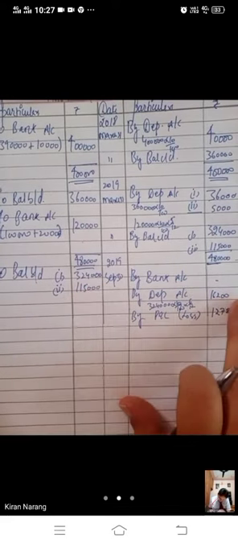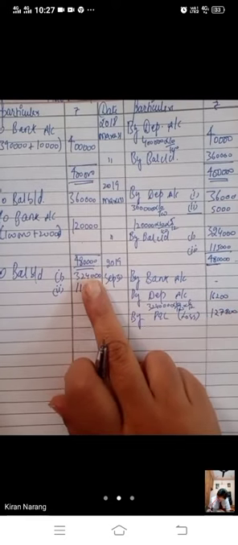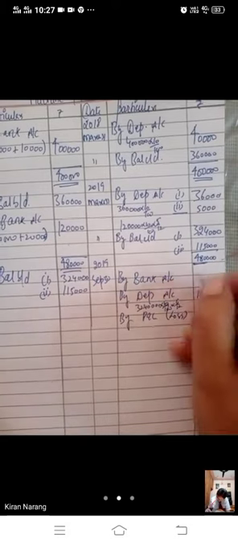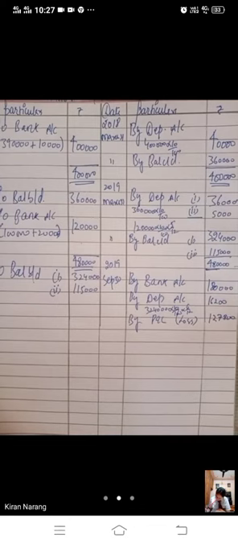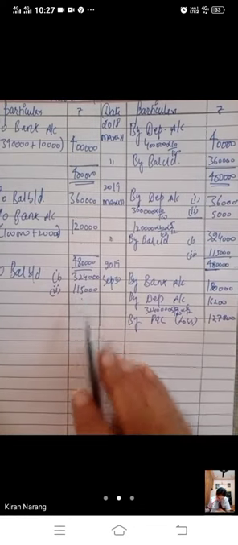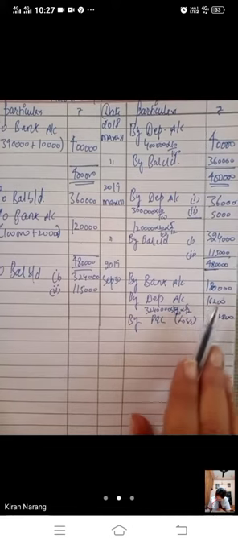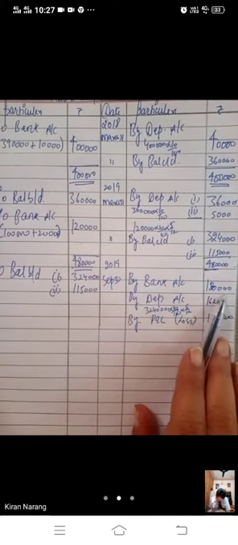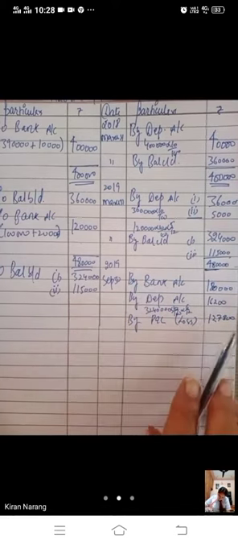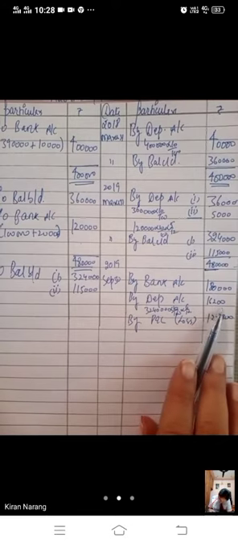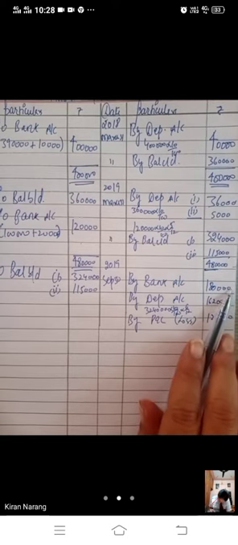From this value we will subtract these two items. These two values will be subtracted from the value of the asset. So we will easily get at what price we have sold. We have sold this machine for 1,80,000. 3,24,000 was the cost. We will subtract the loss and the depreciation. Then we will come to know that 1,80,000 was the amount at which we have sold this asset. 324 minus 127,800 and 16,200. Then we will come to know 1,80,000 is the sale price.